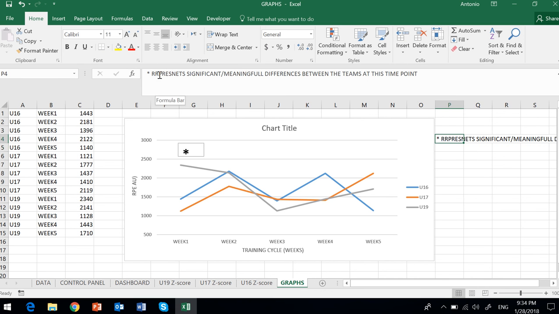So now the graph is ready. Actually, the visualization is very user-friendly. We can easily see that the under 19 team, let's say, is overtrained at week 1. The same is for the under 16 team in week 4, and we can easily analyze team by team over the 5 weeks of a training cycle,